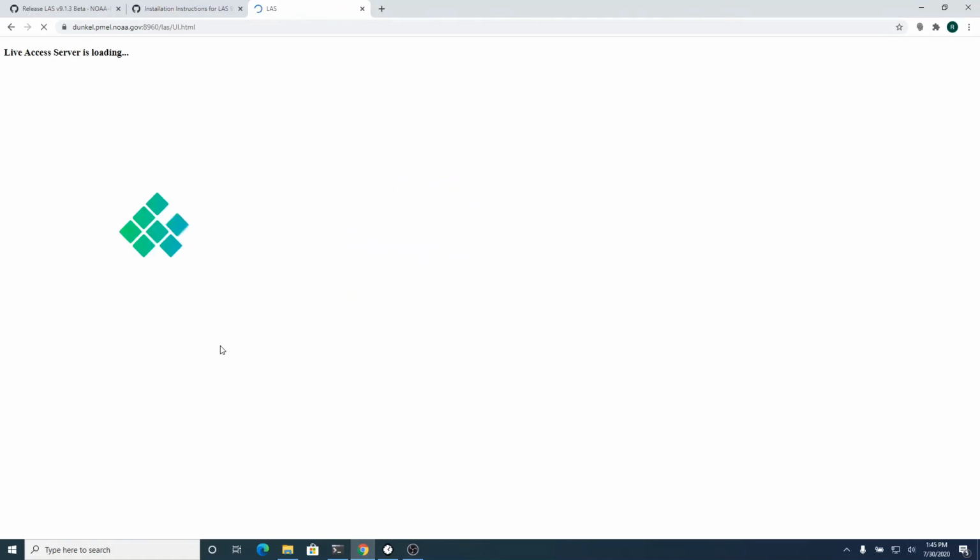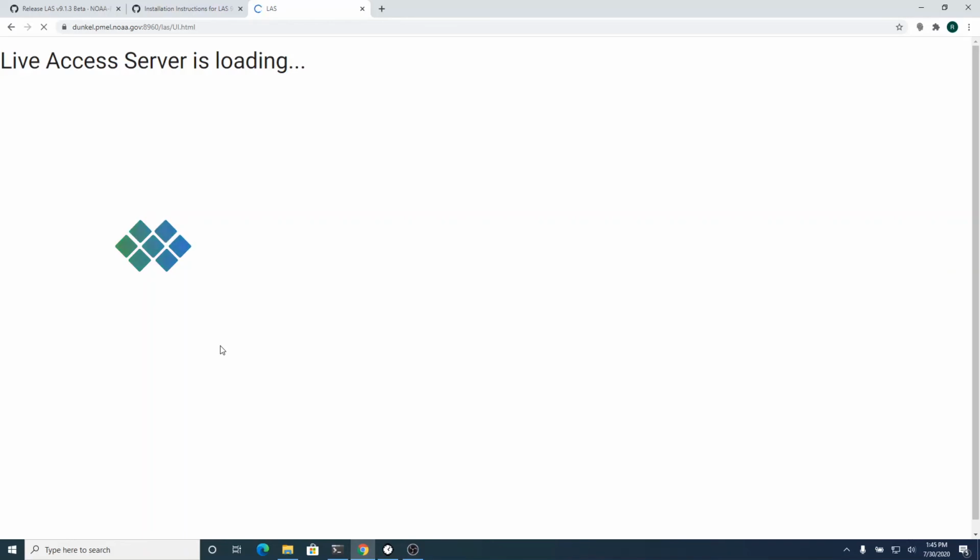Wow. All right, so it started finally, and the LAS user interface is loading up.